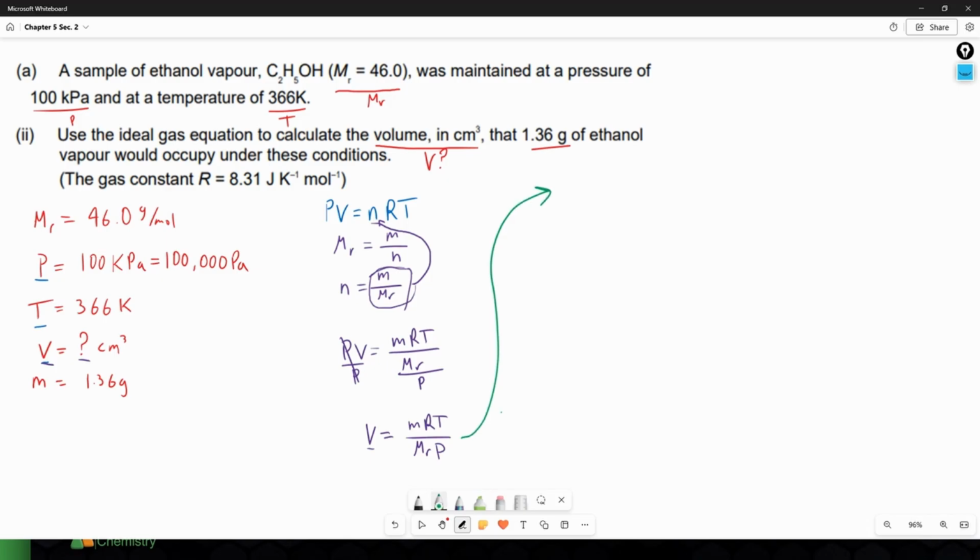So now we can actually use this equation to solve our problem here. Volume is equal to mRT over MrP. That means that volume is equal to mass, which is 1.36 grams, times R, which as we said is 8.31. And again, they give it to you in joules per Kelvin mole. I prefer to write this as m cubed times pascals over Kelvin mole, because then the units make more sense when you cancel them, times temperature, which is 366 Kelvin,